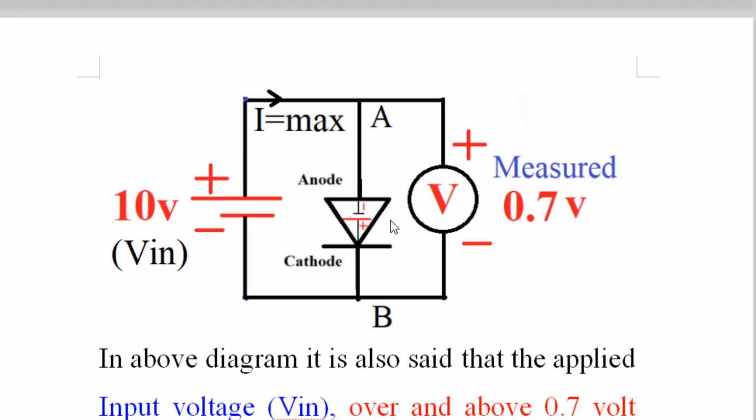Therefore that 0 volt measurement, if you consider it as a short circuit voltage or voltage drop across the diode, will be there, and the measured voltage across the diode is 0.7 volt, and this 0.7 volt is because of barrier potential. Because of barrier potential, the applied voltage is now much greater than the 0.7 volt of barrier potential of the diode. Even though it is a minus over here, this is much greater plus. That's why this is plus 0.7 volt.